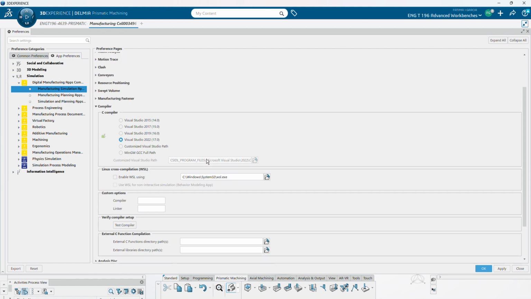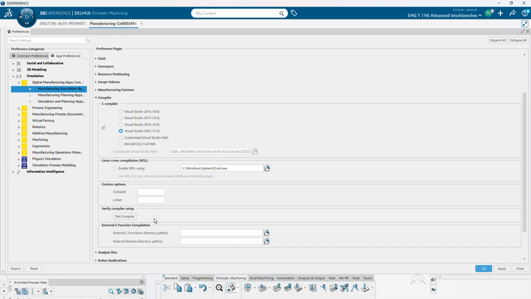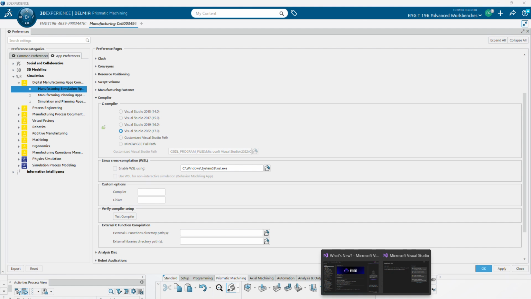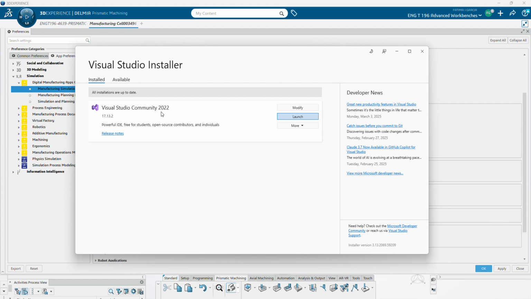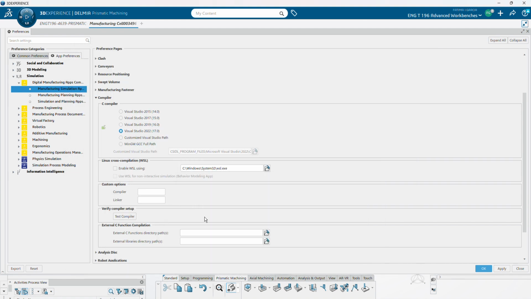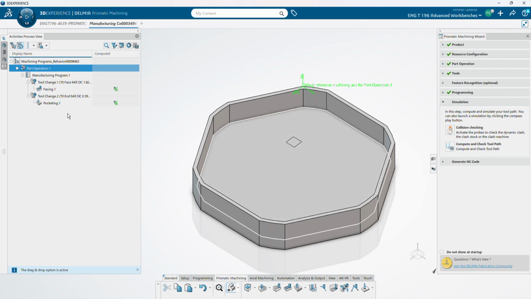and test compiler, and it worked. I honestly don't know if this Visual Studio installer with Delmia actually works for the test, but I downloaded it and then I hit the Visual Studio and then just test compiler, and magically it just said apply, and it did what it was supposed to do, which is the tooling changing from the